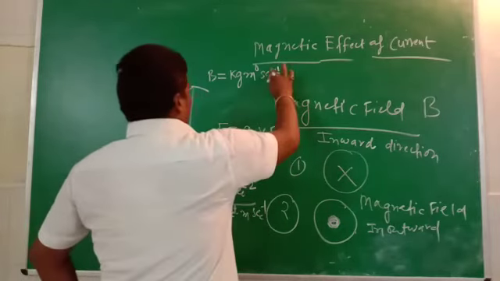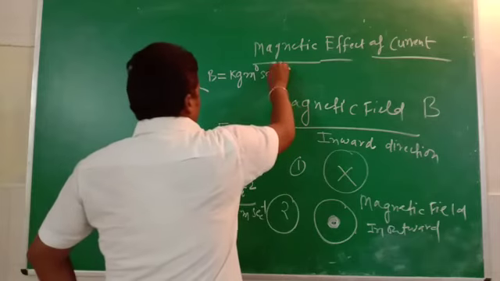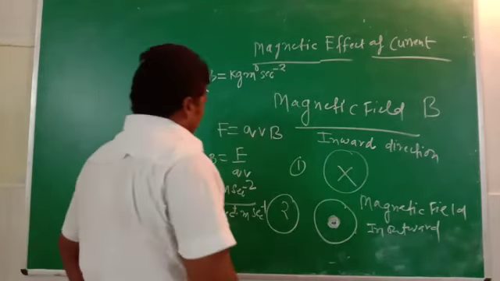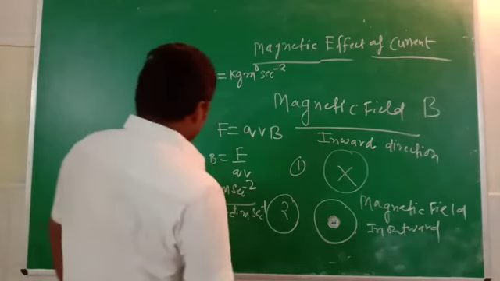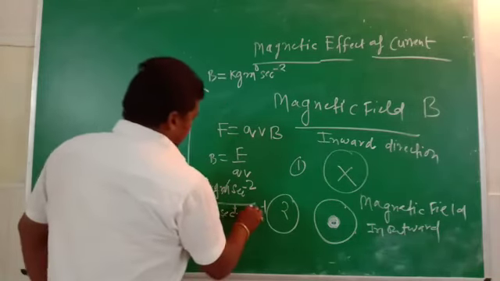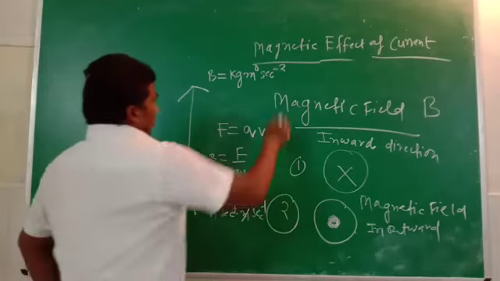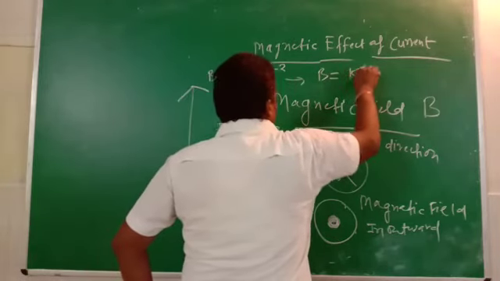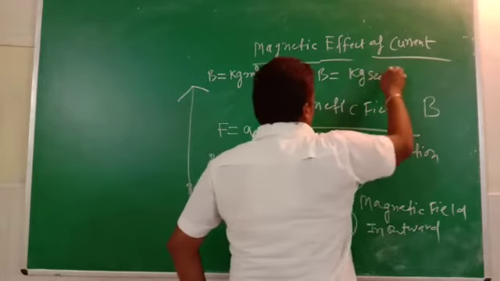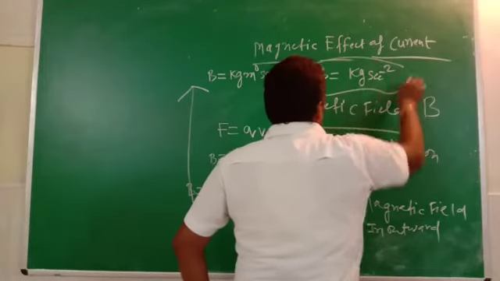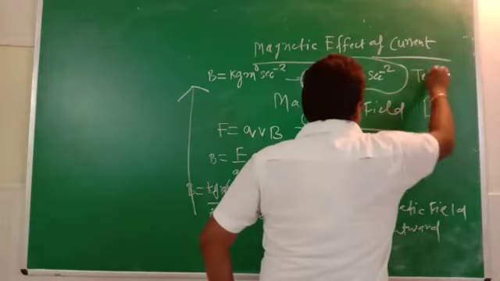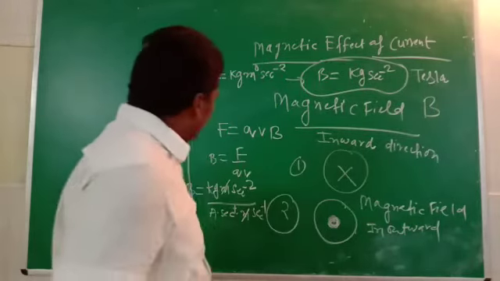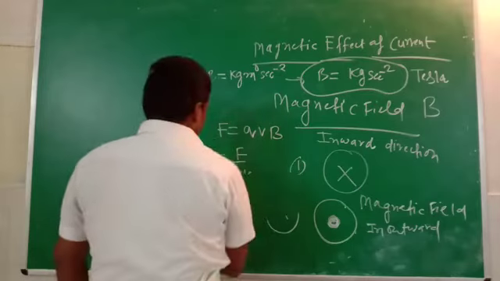Now the second power is minus 2 because second power 1 and minus 1 cancel each other, and meter is also cancelled by meter. Now the derived unit of the magnetic field is kilogram second power minus 2 ampere power minus 1. Our SI unit is known as the tesla. That was the magnetic field.